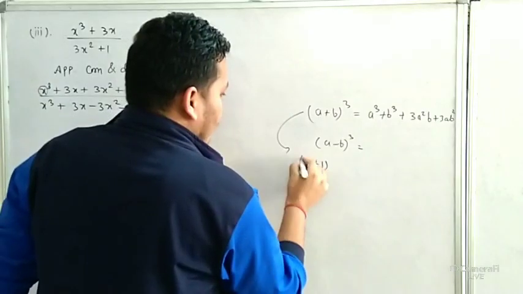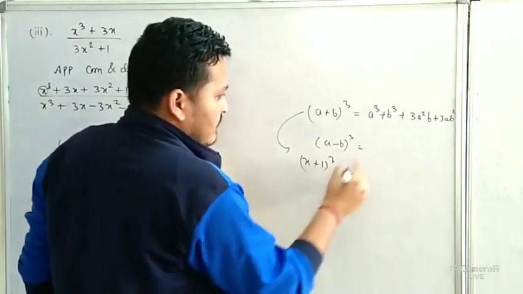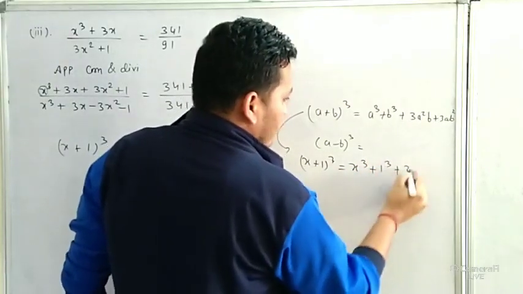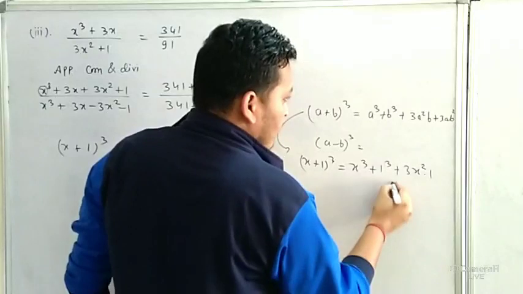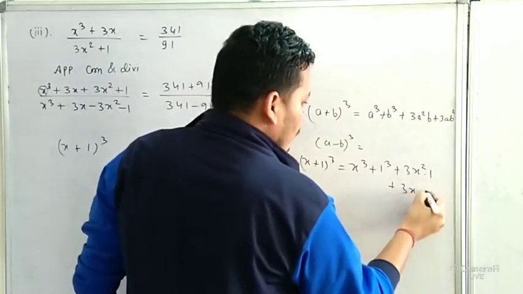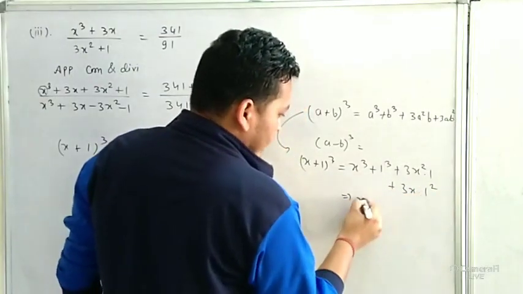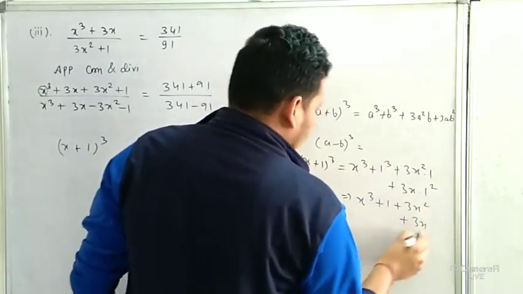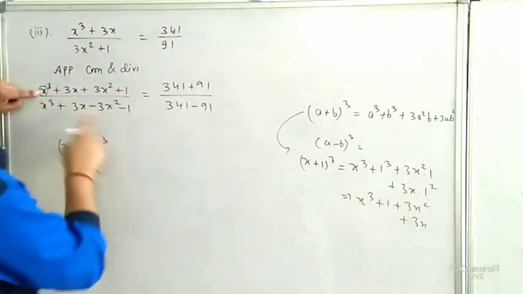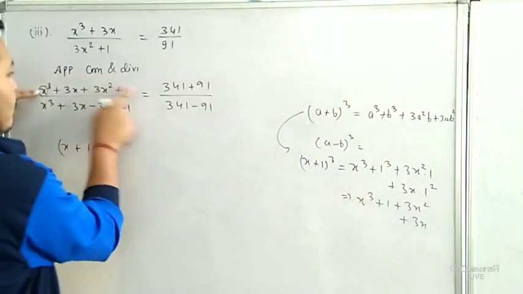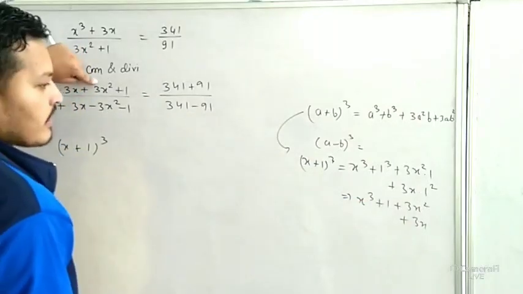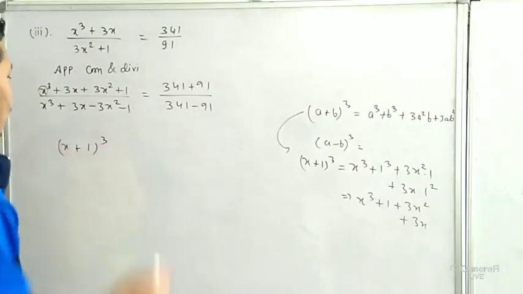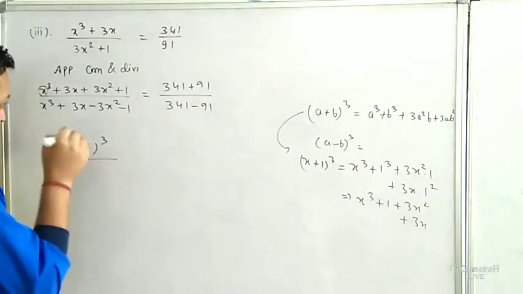So x plus 1 whole cube is equal to, look, x cube, first number a cube means x cube, plus b means 1 cube, plus 3a means x square into 1, then plus 3a means x into 1 square. Okay, solve it: x cube plus 1 plus 3x square and plus 3x. So this number is given here. So this numerator is the formula of x plus 1 whole cube, and similarly the denominator is the